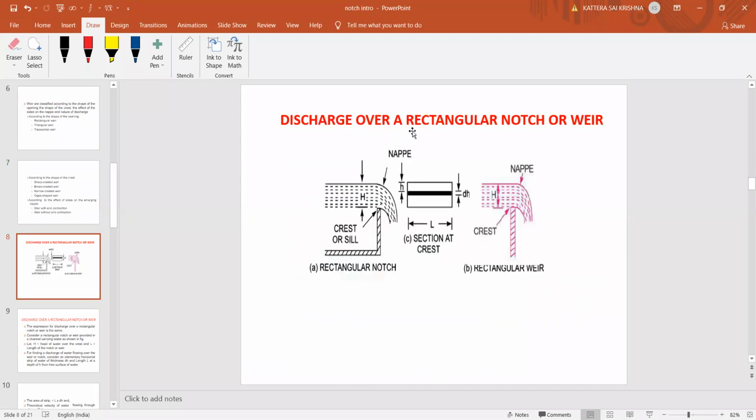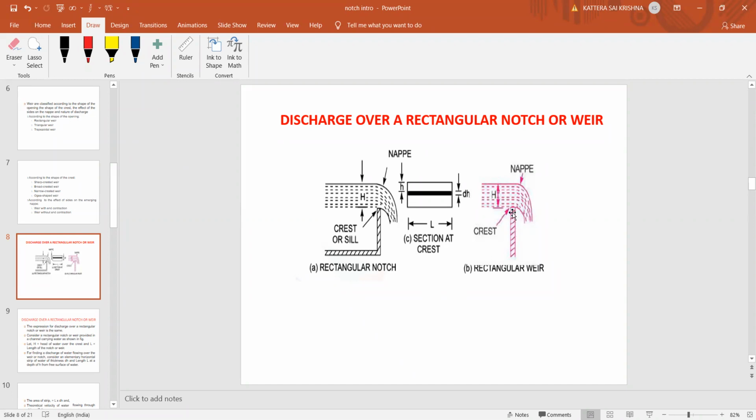Now we are going to see the coefficient of discharge formula for the rectangular notch or the rectangular weir. This is a cross-sectional view we are seeing from the side. The rectangular plate is here, which we are unable to see. At the back of that, at a height on the plate, we have the rectangular hole. This is the water flowing above your notch. The point where the water starts to flow is called your crest or sill. While seeing the experiment, you can understand this. The water which looks like a transparent plate is called your nappe. So this is your rectangular notch.